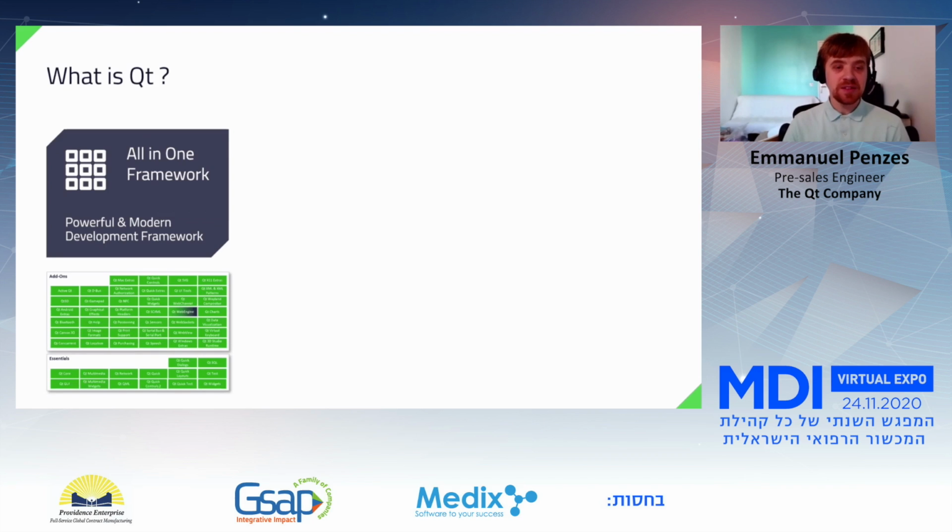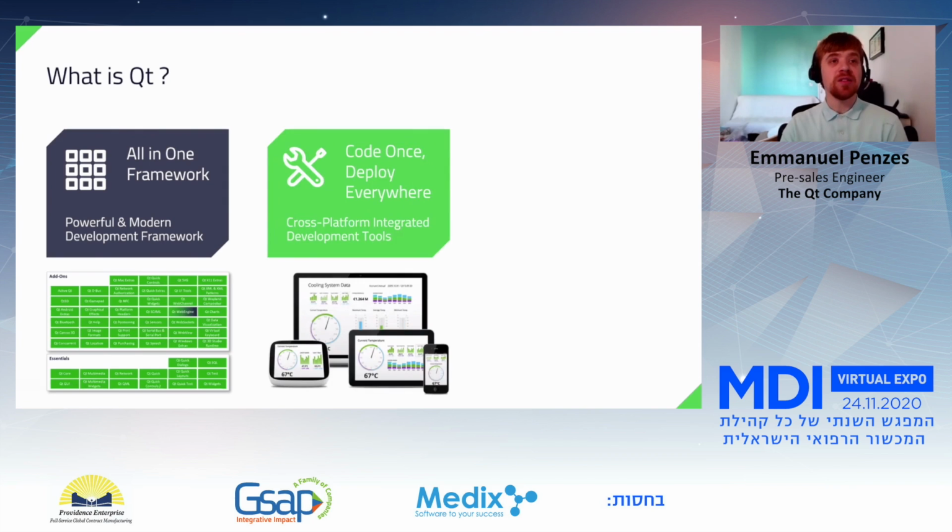and what this is. Qt is a 25-year-old framework used to develop applications on desktop, mobile, embedded, and all those platforms. So the big advantage of Qt is to have one framework with everything that you need to be able to develop an application. Qt is really known for all the UI part and to develop user interfaces. So we have a good framework to develop user interfaces for either desktop applications with keyboard and mouse, or for touch panel applications with